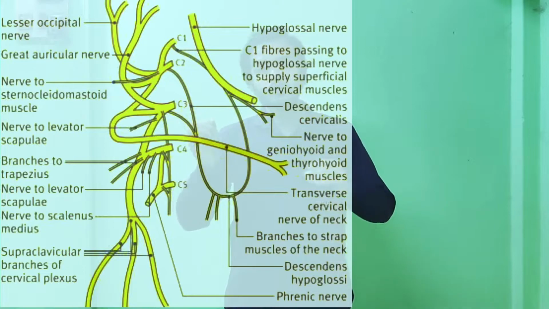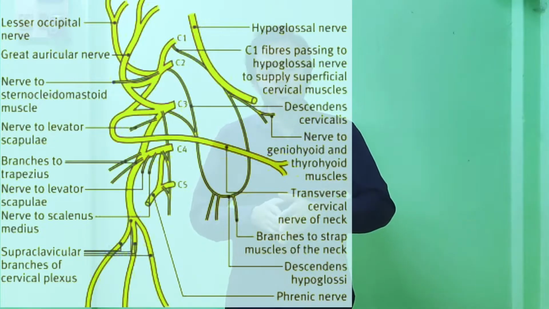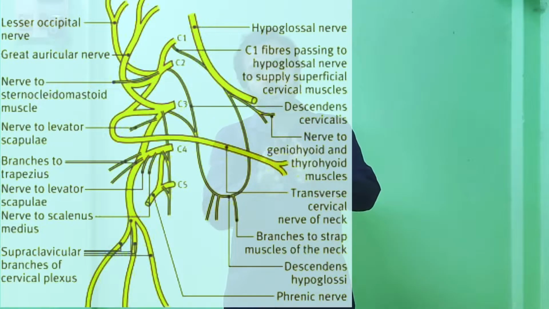and it goes along with the hypoglossal nerve. I already told about this in my hypoglossal cranial nerve video, you can check it out. This branch goes along with the hypoglossal nerve and supplies the geniohyoid muscle and thyrohyoid muscle. Okay, after giving a branch to geniohyoid, thyrohyoid and formation of ansa cervicalis, the C1 nerve gives one division to the C2